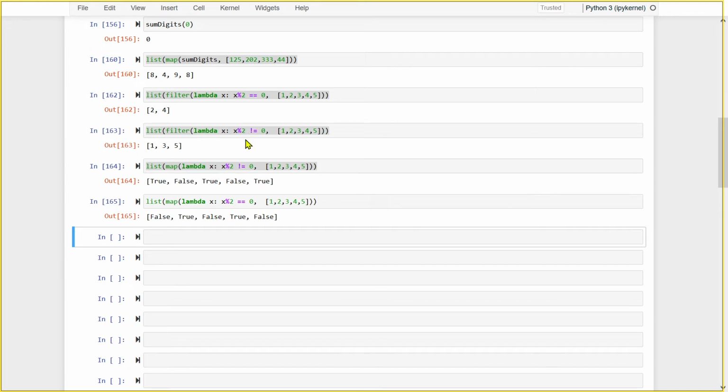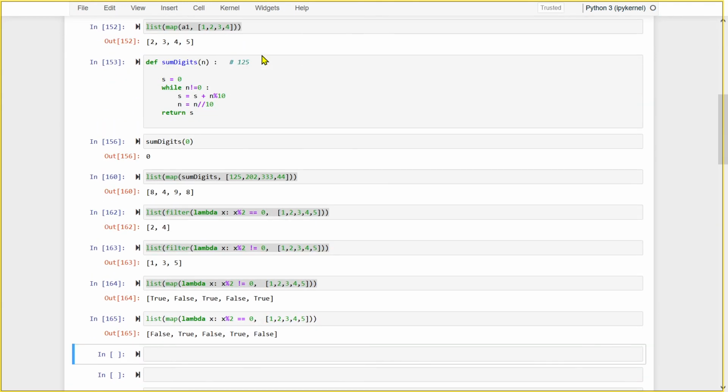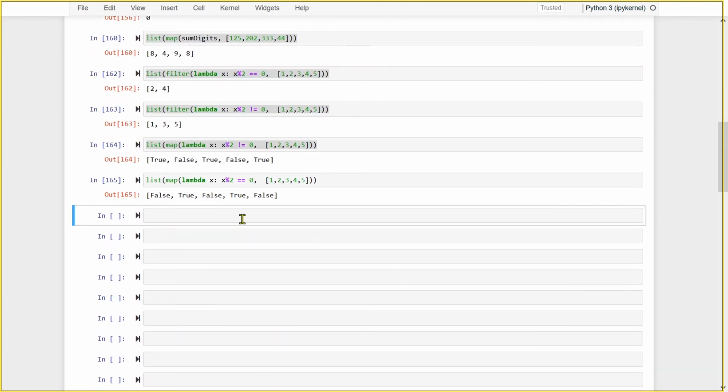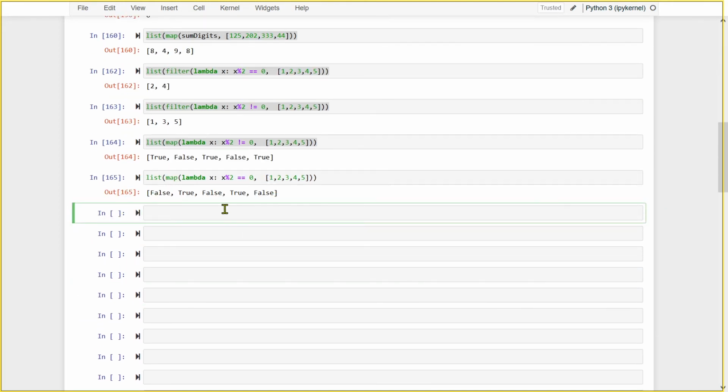Now, having seen filter, we are left with reduce. For reduce, we will have to say from functools import reduce. This is the function that we will be using.